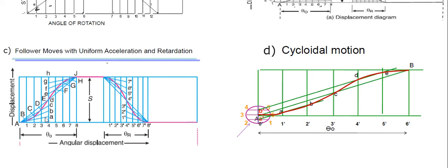Here what we do is we will again cut the sides into equal spaces, and then we will divide the middle one also into equal spaces. Then we will project points and trace this pink line. The last one is cycloid. Cycloid is done by placing a circle at the corner and then tracing it. We will see in detail how to do it.